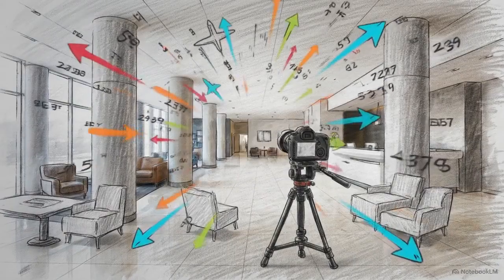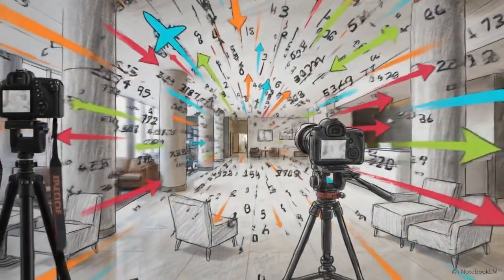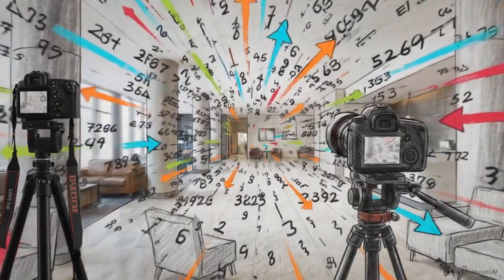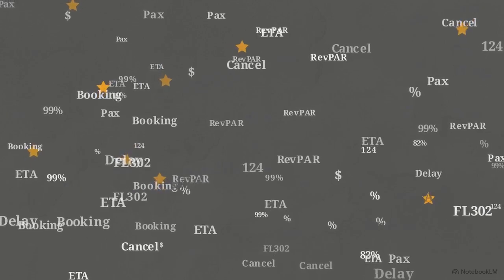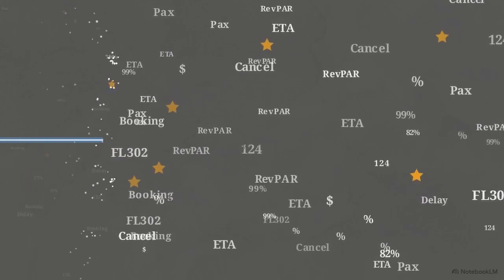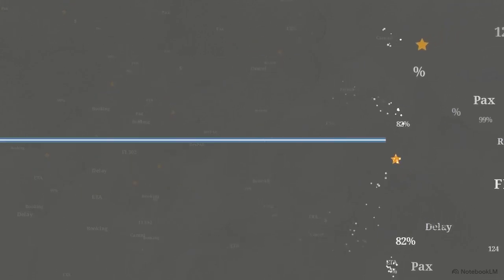If you work in travel and hospitality, you are swimming in terabytes of raw data. Booking logs, flight manifests, seasonal pricing fluctuations, it never stops. But collecting numbers is not the same as understanding them. Our goal right now is to cut through that noise and build a customized, highly targeted plan to put that